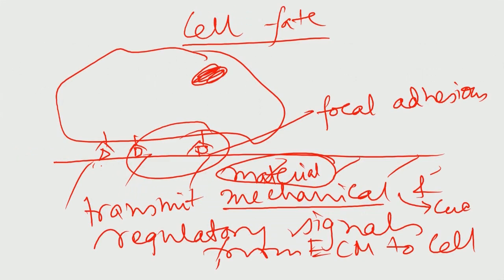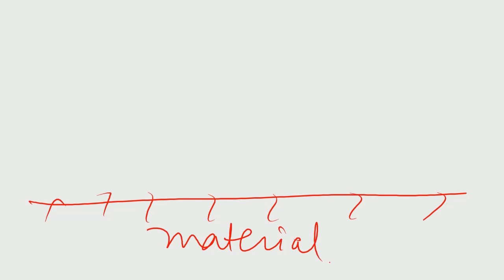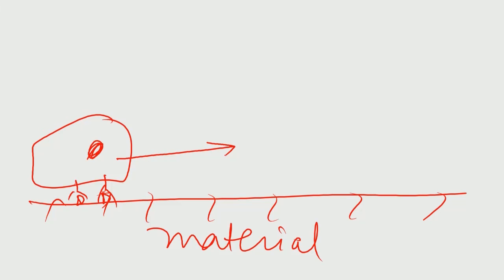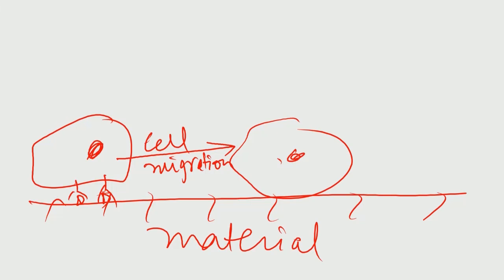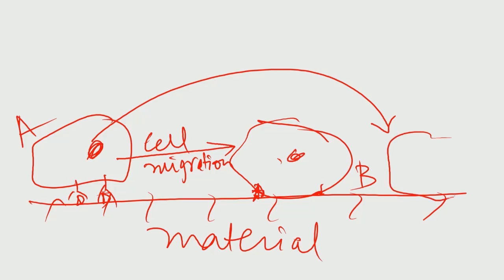eukaryotic cell would now want to do several things, which I will try to explain in this slide. So, this is a small eukaryotic cell. You have these focal adhesions and all. So, it can decide to migrate or to undergo cell motility. That means that it will go from place A to place B on the biomaterial substrate itself. So, you have the cell focal adhesions here, or it can decide to undergo